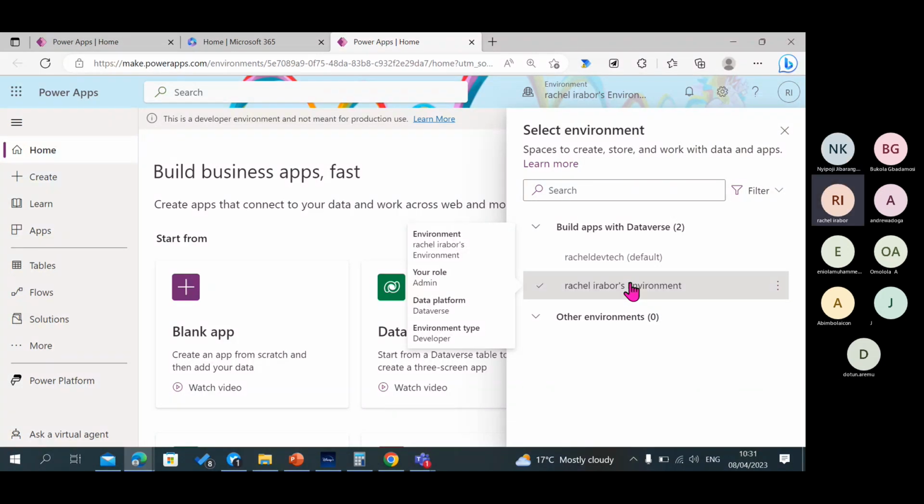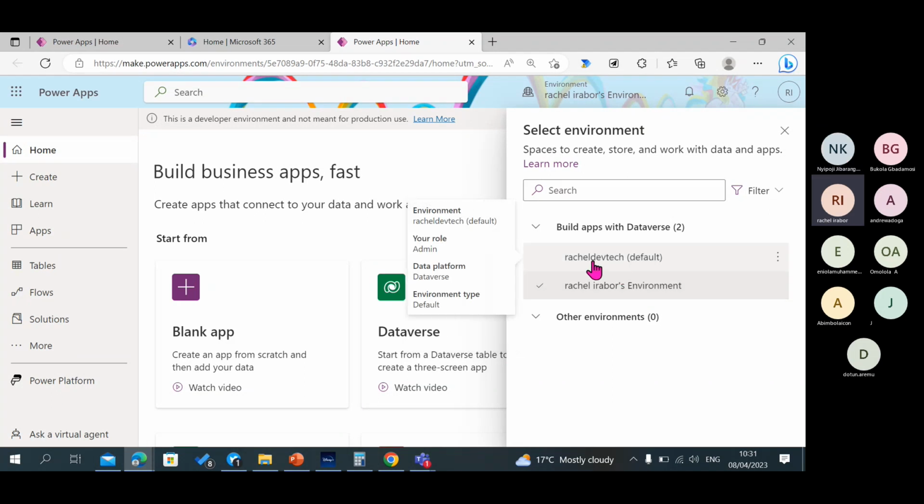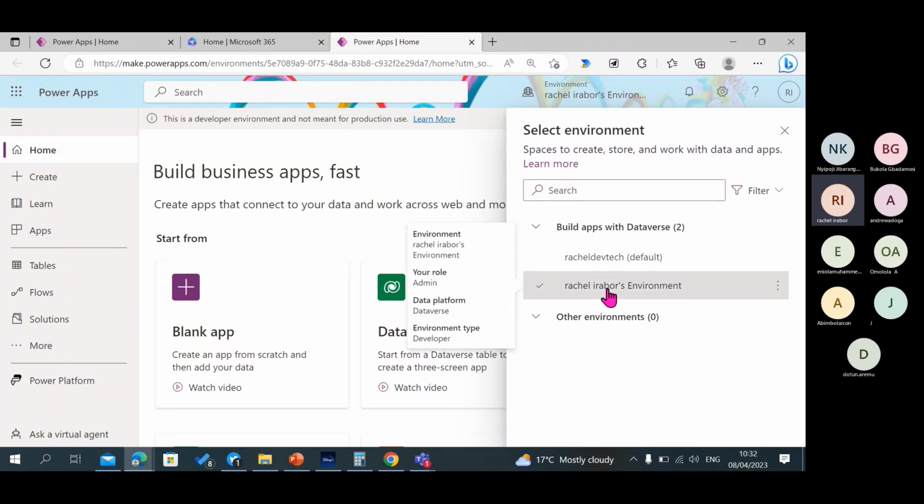The reason why I'm trying to ask is that your default environment is actually created when you are trying to create your Microsoft 365 developer license. So after creating it, you also have to go further to create your Power Apps community plan. That created my developer environment for me, which is much better than using your default environment, especially if you want to use